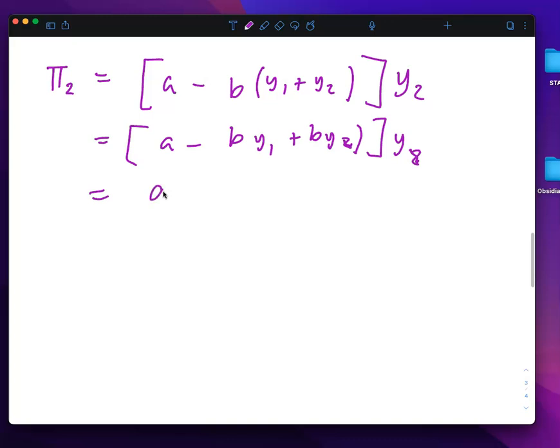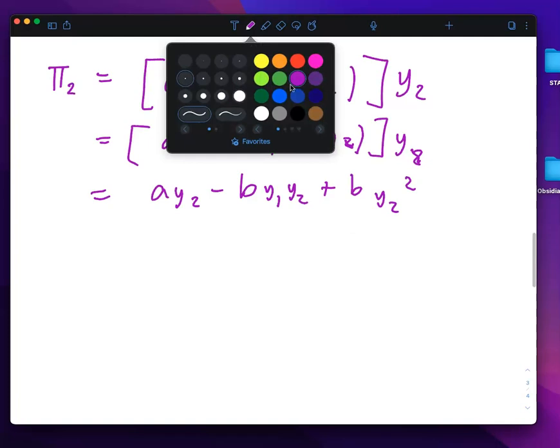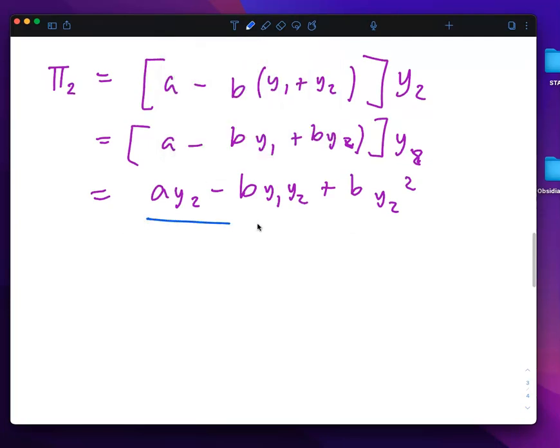And that's going to give us a y2 minus b y1 y2 plus b y2 squared. All right, so to give you a visual of what this is, it's called an isoprofit line, and this is going to be an isoprofit line for player 2. So if I were to draw this out,